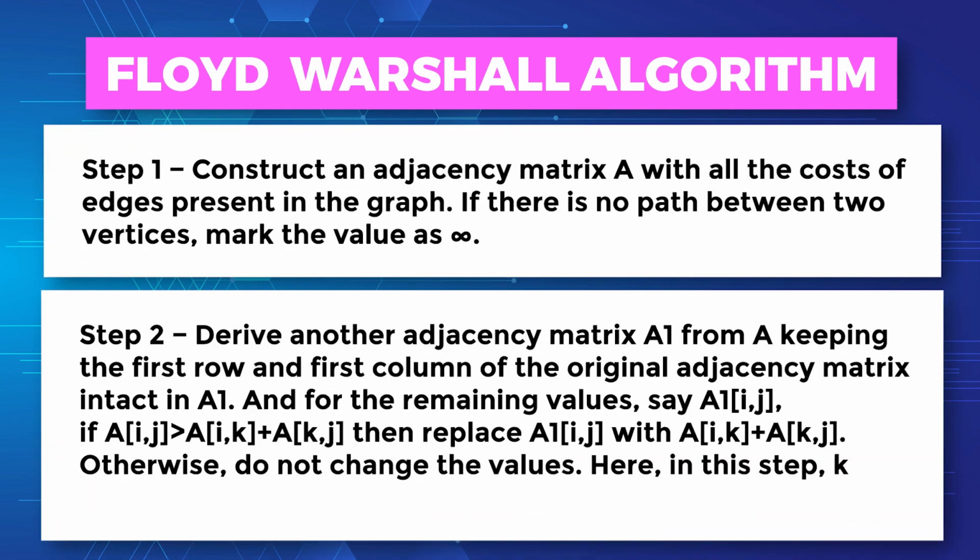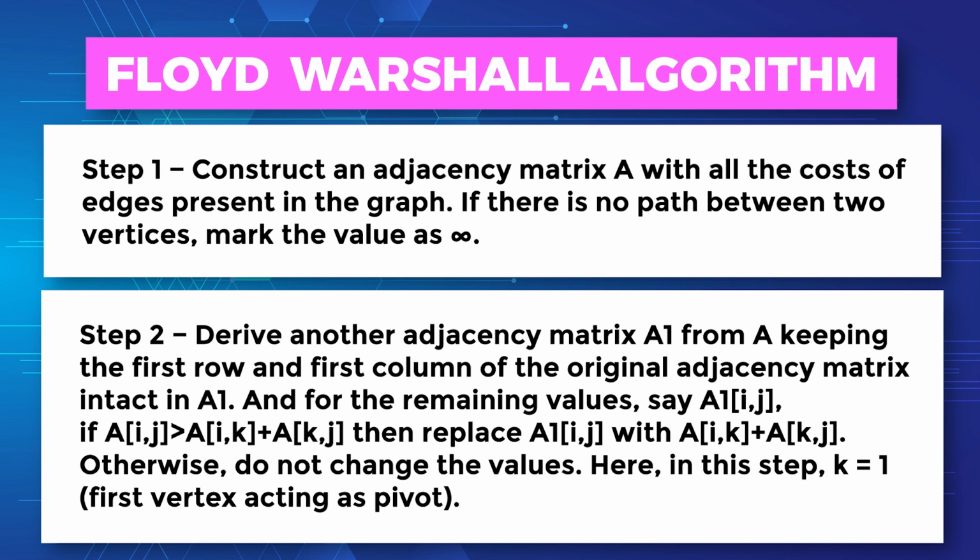Now step number 2, derive another adjacency matrix A1 from A. Initially A represents the direct edges. Now we consider A1 from A, keeping the first row and first column of the original adjacency matrix intact in A1. And for the remaining values, A of ij, where i is a station and j is another station, when you're reaching from i to j with the help of A1 in the A1 matrix, if A